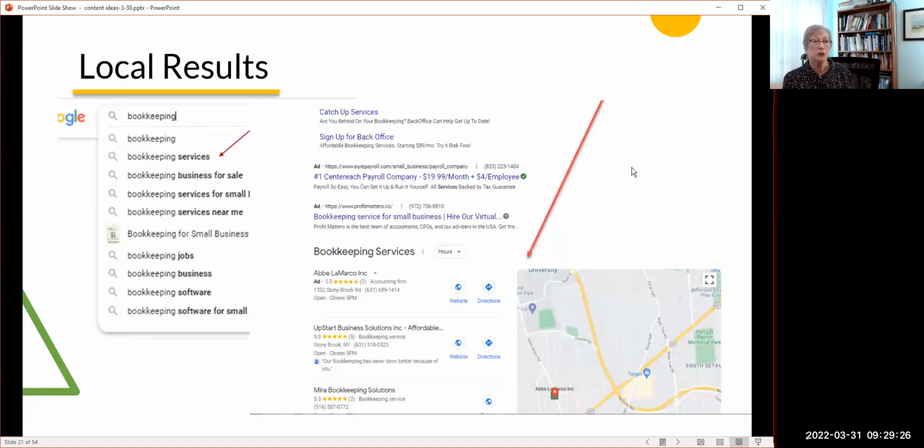Another thing is when you type in a search term that's related to your business, if Google shows you a map, it means that Google thinks that is a local search and that people want to find businesses locally to deal with. So you need to be on Google My Business, to have a Google Business page and a Microsoft Bing page, and to also be in Google Maps. And be sure you have content on your website that has your address, your location on every single page of the site that helps you get found here.